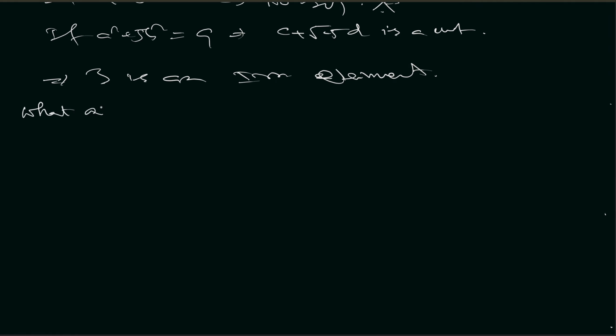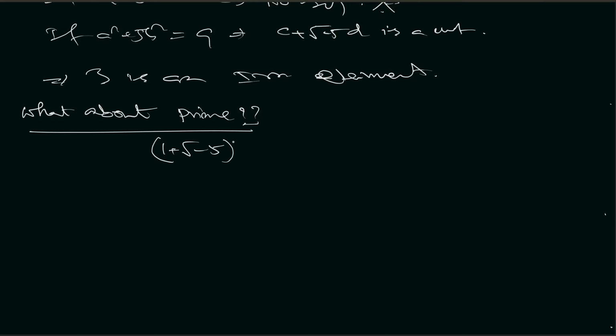What about prime? So for prime we have to check whether, if ab divides, then either a divides or b divides. That's the idea. So 1 plus square root of minus 5 times 1 minus square root of minus 5 is actually 1 plus 5, which is 6. See, 3 divides 6, or 3 divides